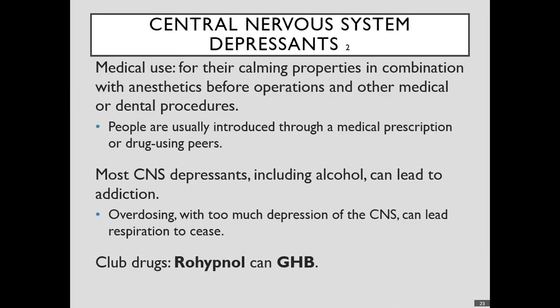There's also what's called club drugs. They have negative effects and are potent and unpredictable when mixed with alcohol. Rohypnol and GHB. Rohypnol is a sedative that's 10 times more potent in volume, and its effects are magnified by alcohol. And effects include reduced blood pressure, dizziness, confusion, gastrointestinal disturbances, and loss of consciousness. It's also called the date rape drug because it also causes anterograde amnesia, which is a loss of memory of things occurring while under the influence, and it can also be fatal when combined with alcohol.